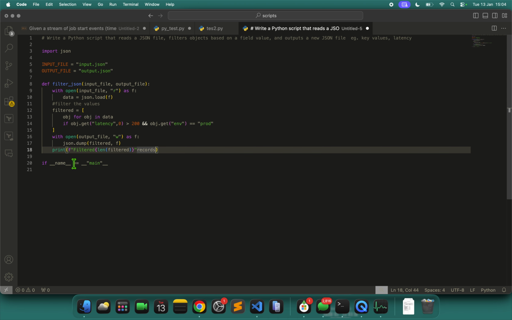Running the function main will store the values.